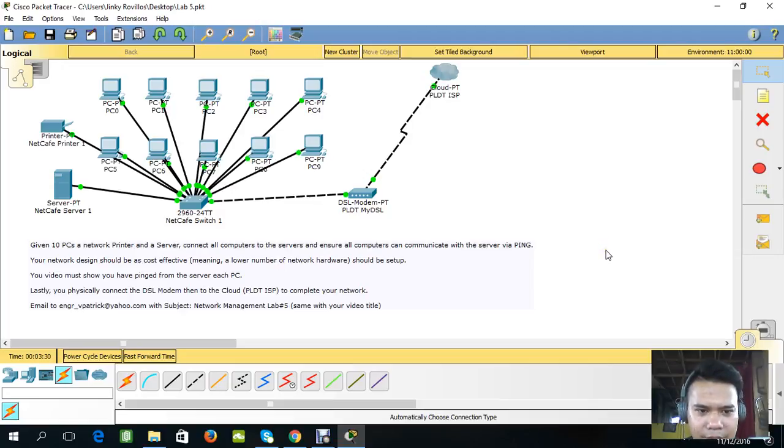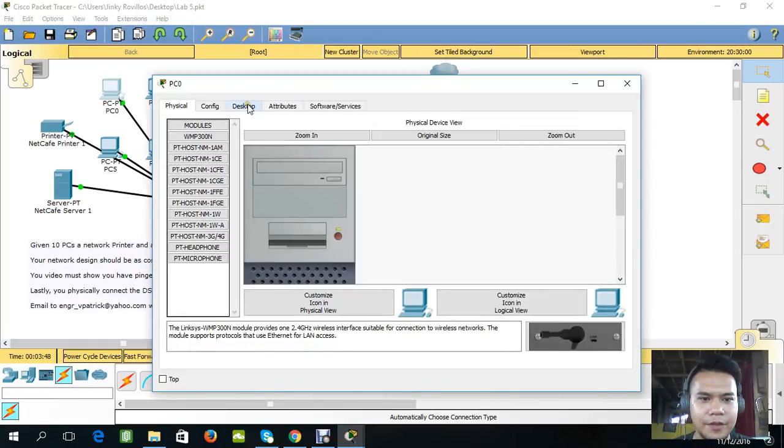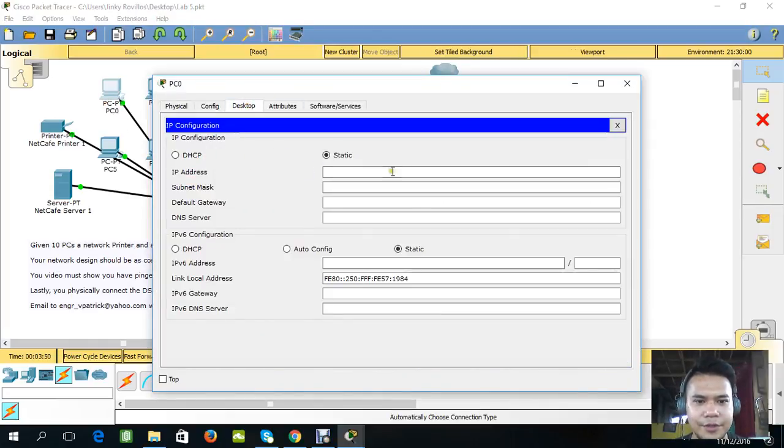After all the buttons are green, our next step will be to put an IP address on each of the PCs, including the printer and the server. Let's follow the procedure.